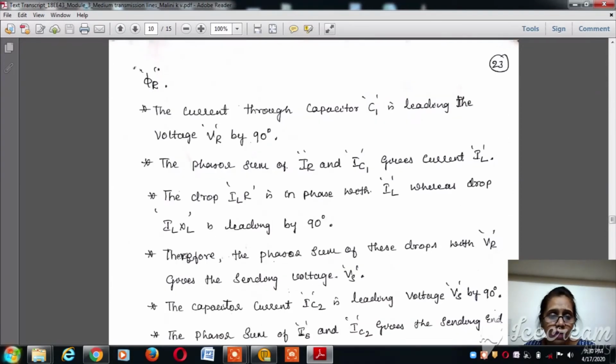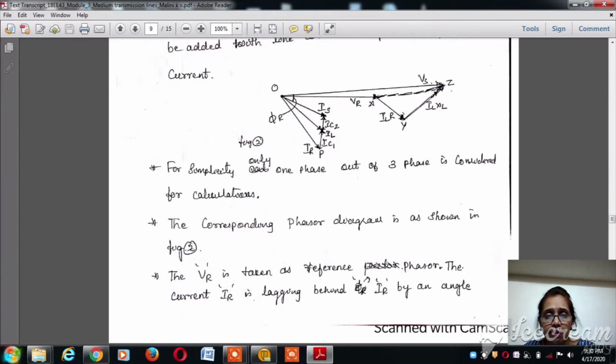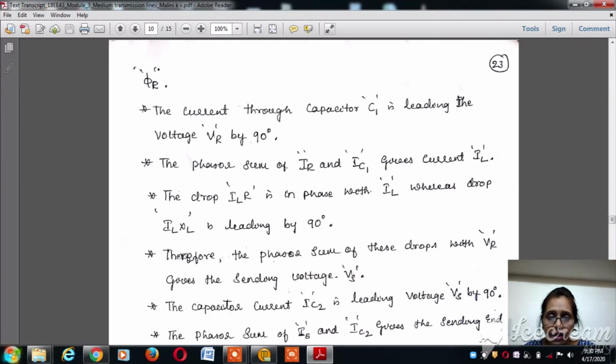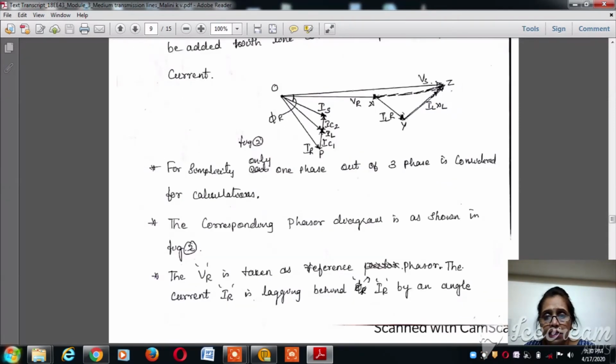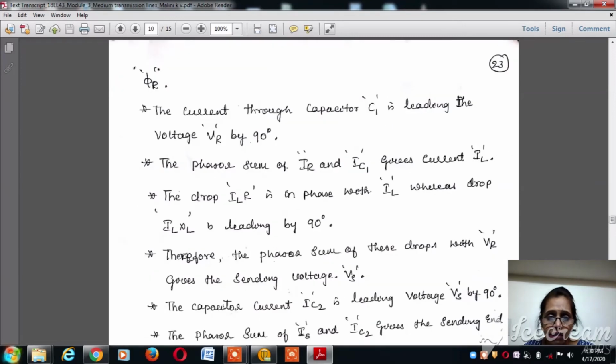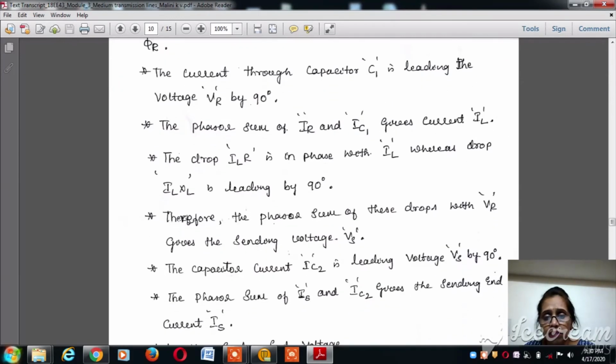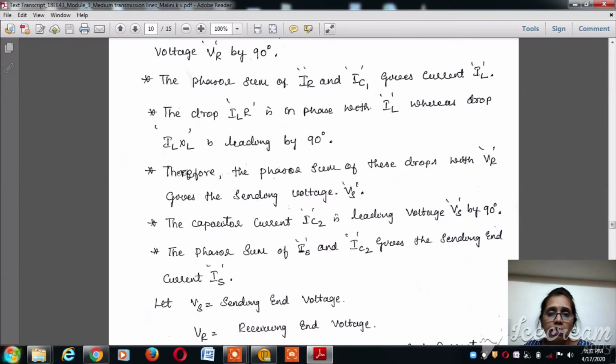degrees because it is a capacitance, and the phasor sum of IR and IC1 gives us the load current IL. Similarly, the phasor sum of IL and IC2 gives us the sending end current IS. The drop IL R is in phase with IL, whereas the drop IL XL is leading by 90 degrees. So the phasor sum of all these drops along with VR gives us the sending end voltage